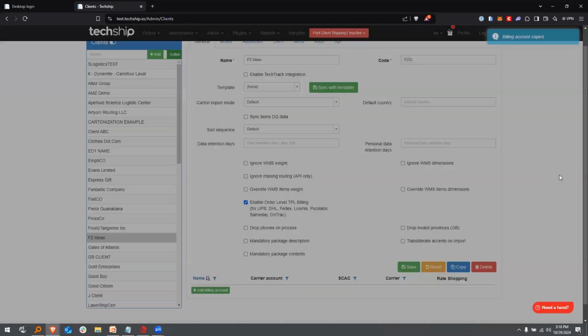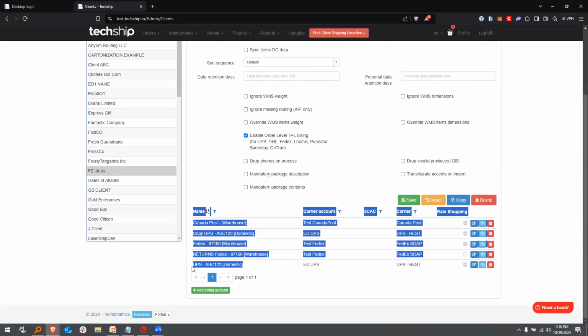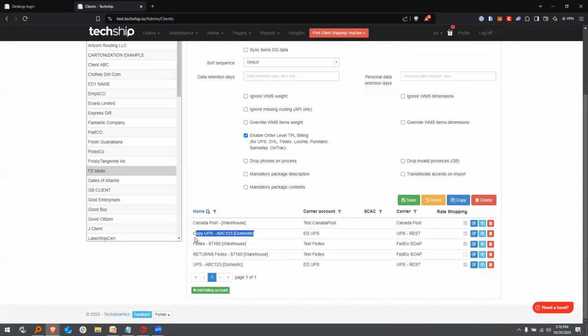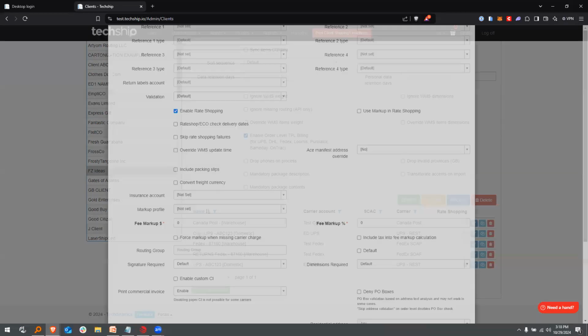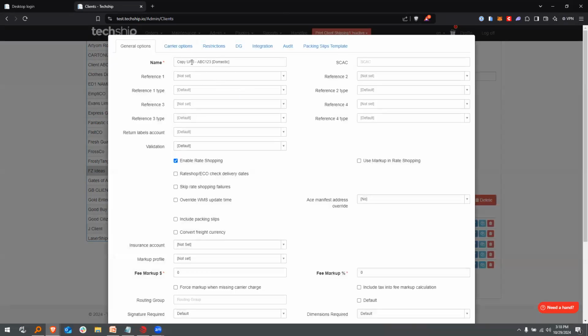As you do this and you save, you're going to see that you're going to have your regular account here, and you're also going to have an alternate account, which is the one we just cloned. This is the one we should modify, so everything is properly set for UPS WorldEase. So for example here, I'm going to edit this billing account. I'm going to change the name first of all. UPS WorldEase UK. Doing it this way helps you properly identify, especially if you're going to have many options